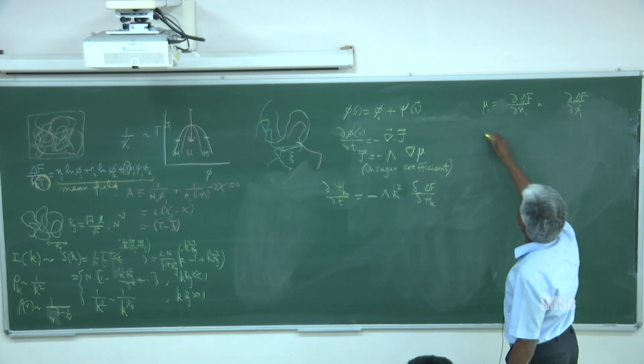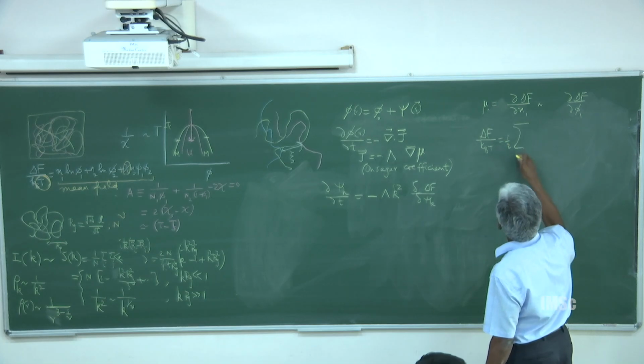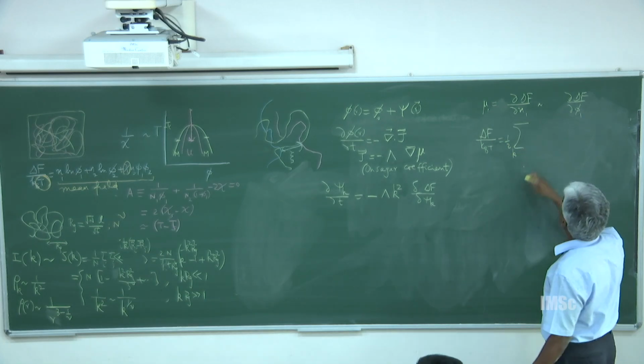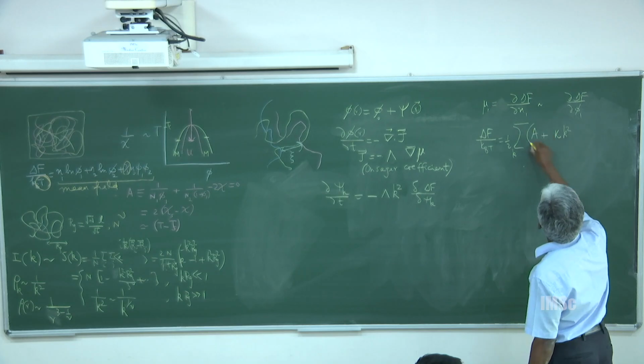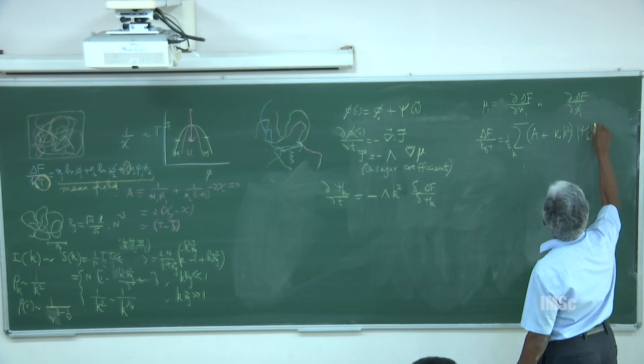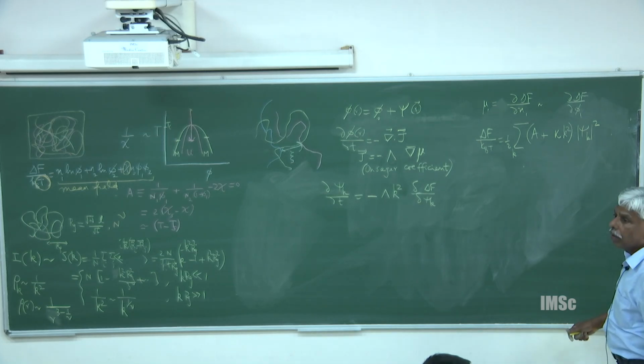And I also told you delta f in the last lecture by kBT is equal to half summation over k resolving various modes, and that is a plus kappa k square times psi k square within simple Landau-Ginzburg theory, without RPA, without doing very complicated calculations. And this is what I showed in the high temperature phase. Let's start there to begin with, and we will work out all the other consequences. Kept up to the second order. Sorry? Kept in Ginzburg-Landau, you kept up to second order. Second order, only up to second order.